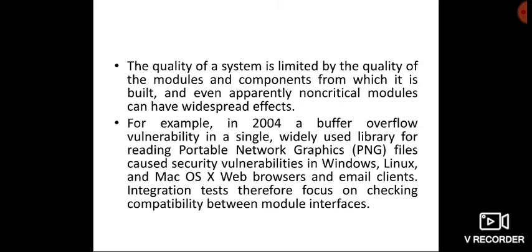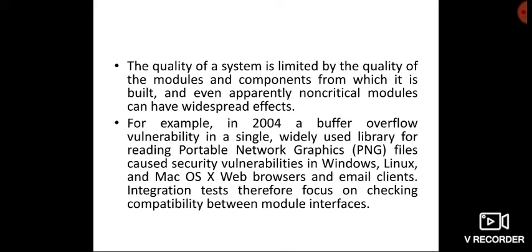If the module is not perfect, you can't achieve a good quality product. That is the main point here. If you want a good quality product, you should do the quality check at the unit level thoroughly, and then only can you expect a good quality product.